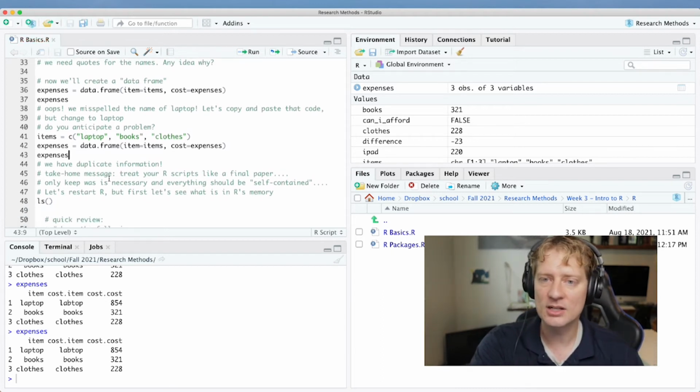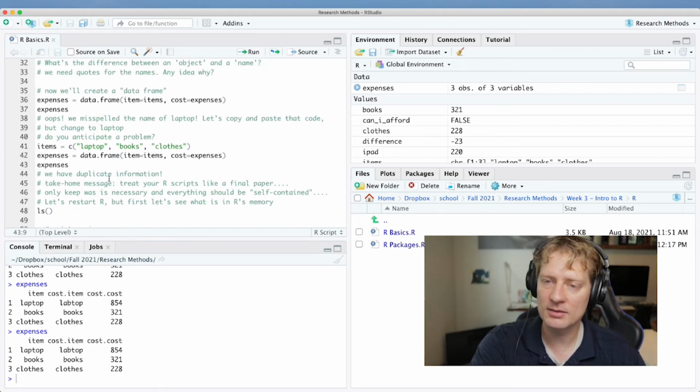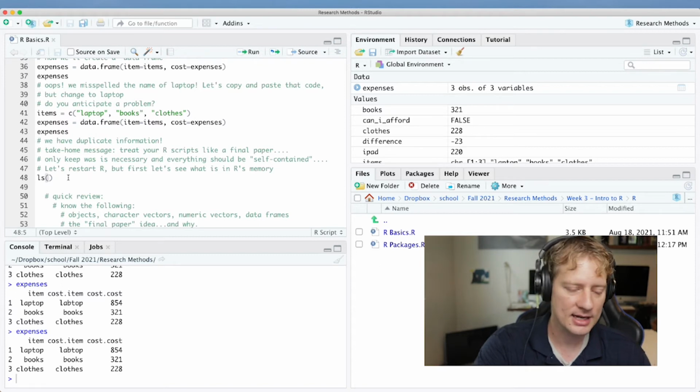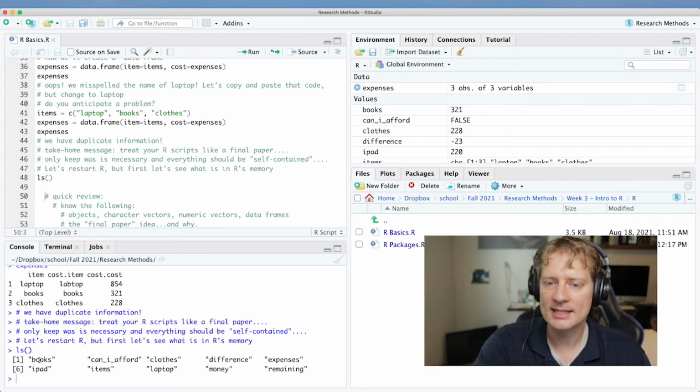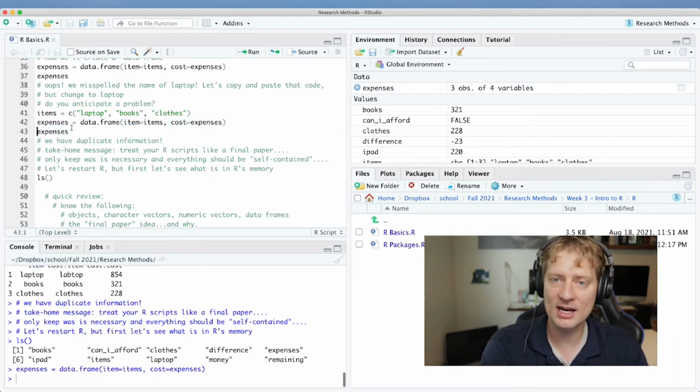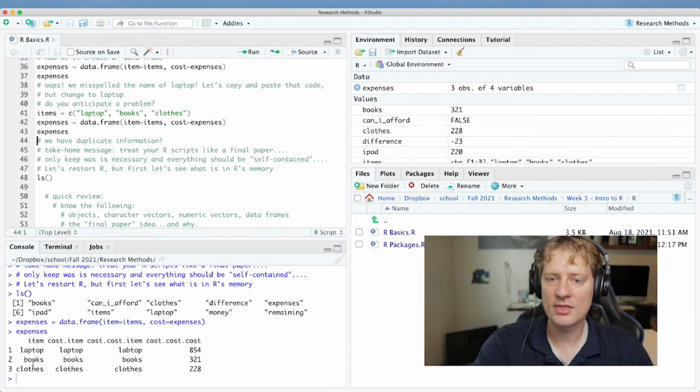So what I'm going to do is before I do that, let me show you one thing. You could always look at the object in R's memory by typing ls open close parentheses. And this tells us that we have created objects called books, can I afford, clothes, difference, expenses, iPad, etc. And so what I'm going to do is, I know that the expenses thing has just gotten messed up. And if I were to run that code again, it would create a 3rd column, and I don't want to